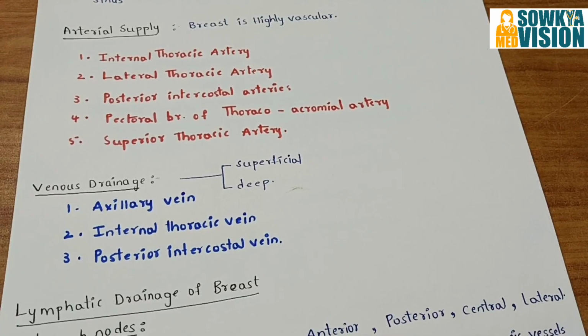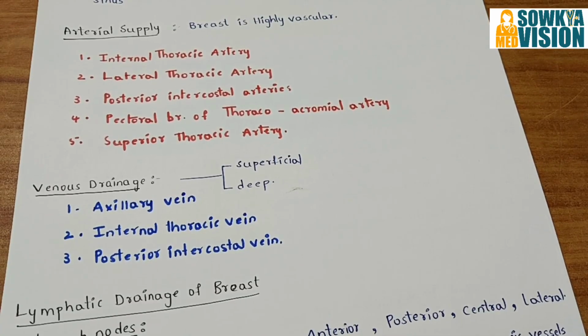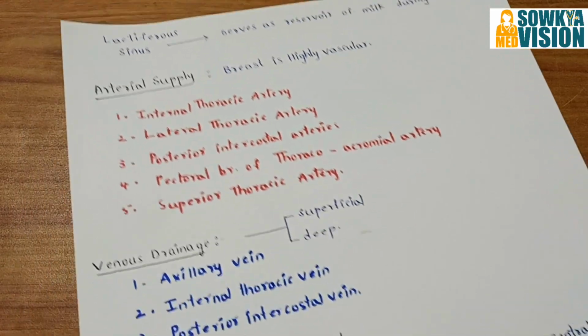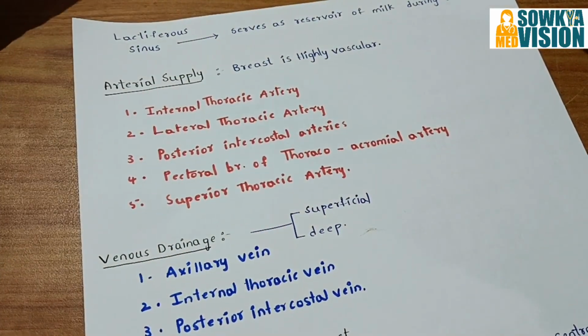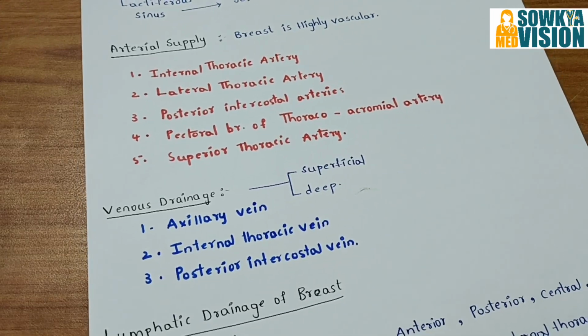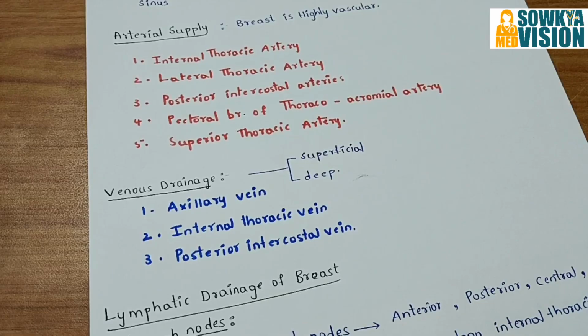This is part 2 of breast. As it is a big topic, we have divided it into two parts. Part 1 has already been dealt with and this is part 2. In the last class, we completed the morphology of breast: the shape, structure and parenchyma, stroma, skin, nipple, areola. In this lecture, we are going to cover the drainage part: arterial supply, venous drainage and, very importantly, lymphatic